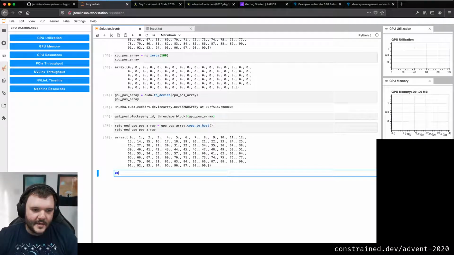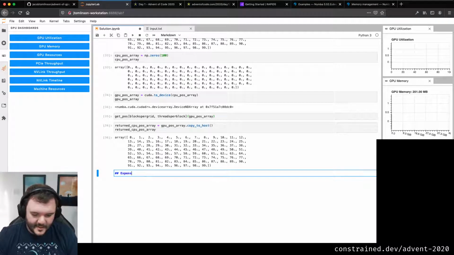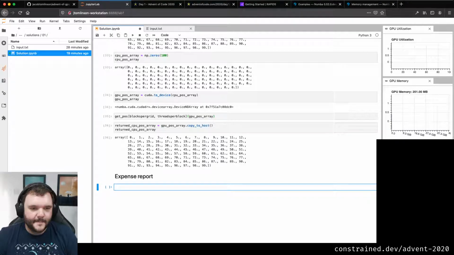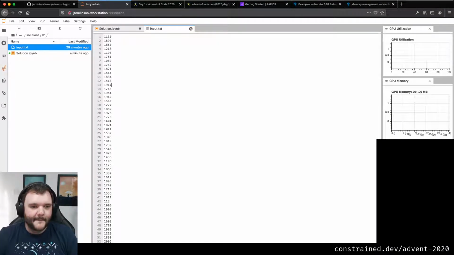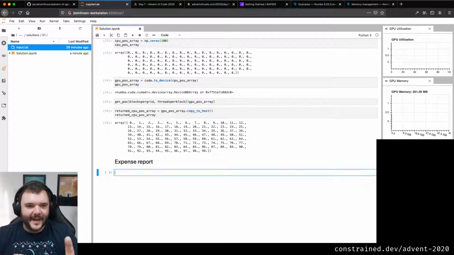So let's go back to, what are we doing? We're trying to calculate our expense report. Our expense report was this input, wasn't it? What I'm going to do, please do feel free to shout in the chat if you can think of ways to do this, I'm just thinking out loud. It's probably not going to be the best way of doing things, but I'm just trying to fit solving that problem into this GPU model that I've just got here.